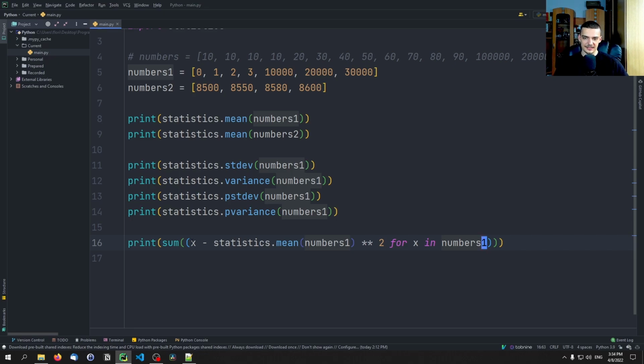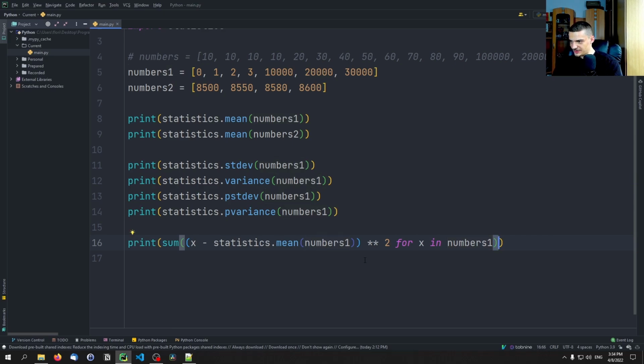So we want to take the difference between any number x in that list and the mean. We square that, and actually, I again messed up the brackets. So we take the difference in parentheses, we square that difference for each x in numbers1, and what we get out of here, we divide by the length of numbers